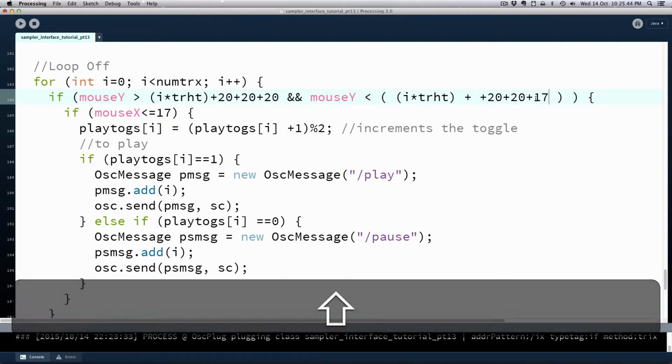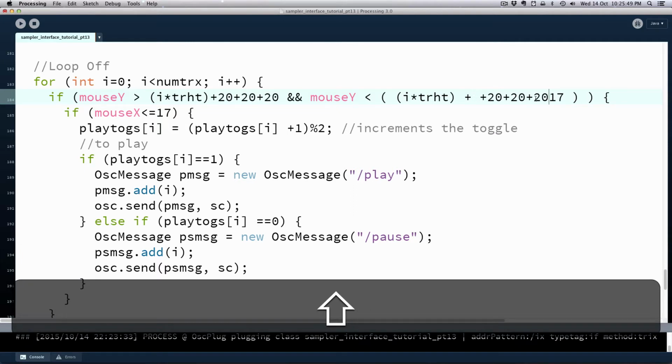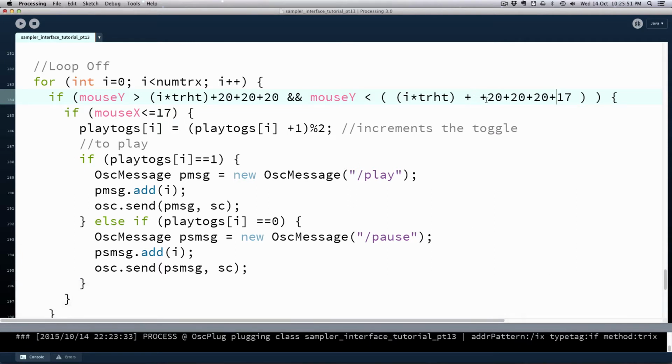So it's actually plus 20 plus 20 plus 20, then plus 17. So that will be the 3 buttons to the bottom of the third button. And if mouse X is less than 17, that's true,